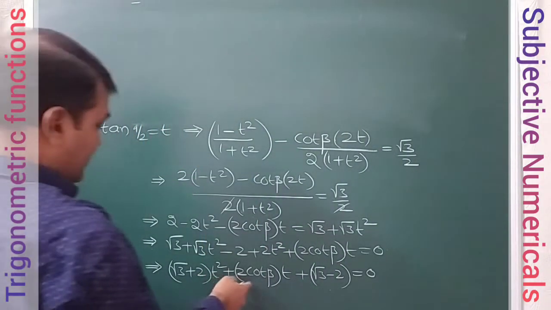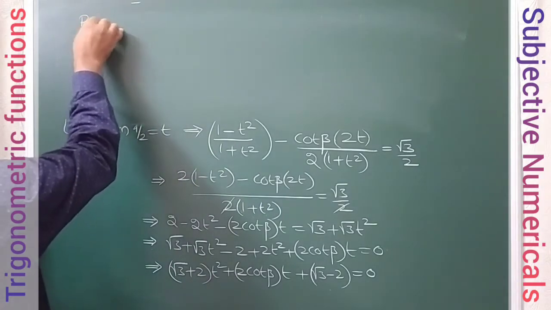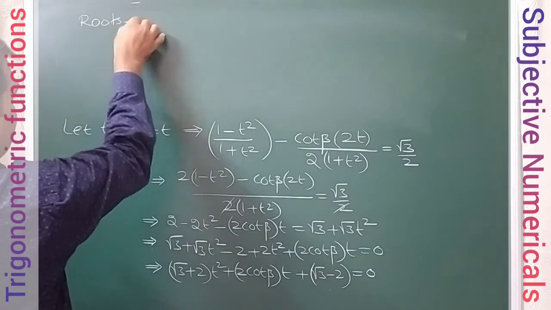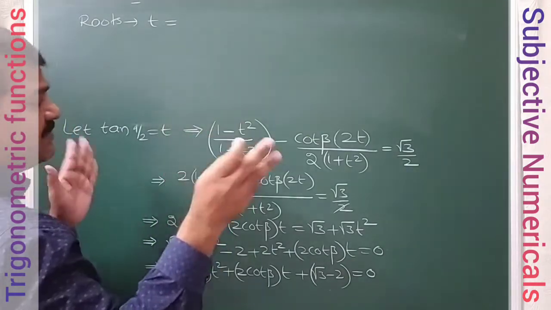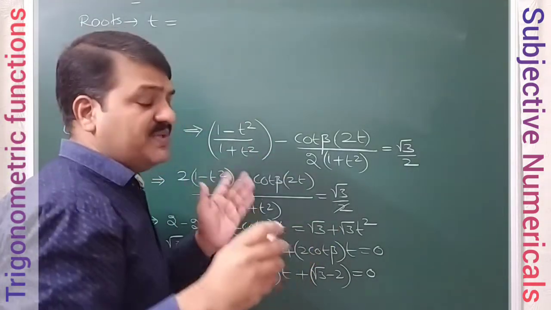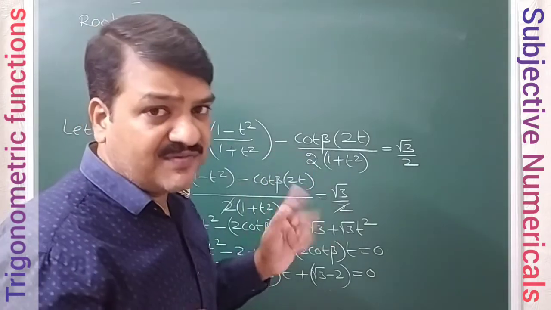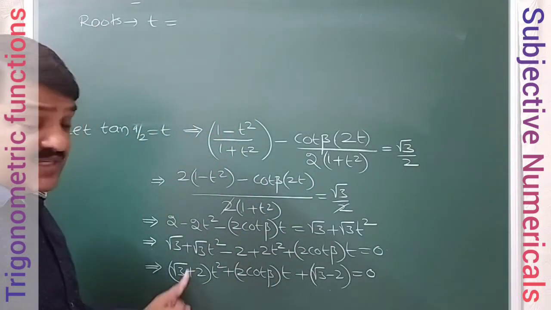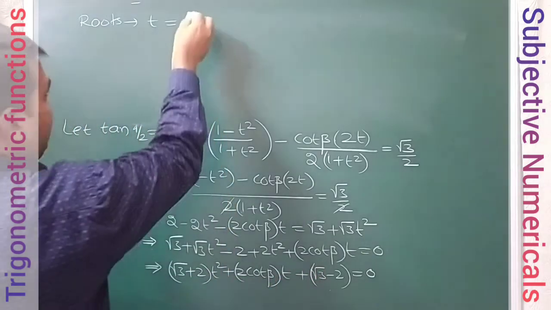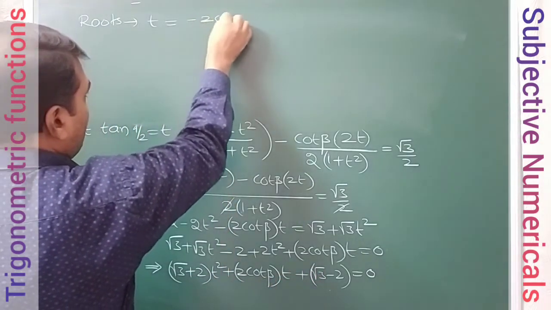So let us find the roots of this equation now. Roots of the equation means t is equal to minus b plus or minus under root b square minus 4ac by 2a is the formula. So this is b, of course this is a, this is c. So minus b means minus 2 cot beta